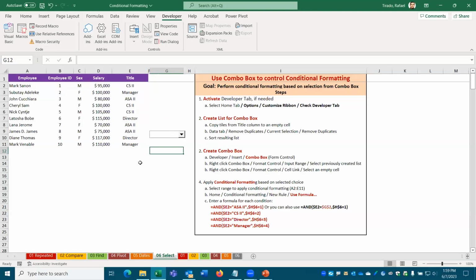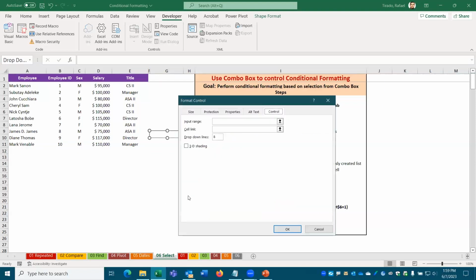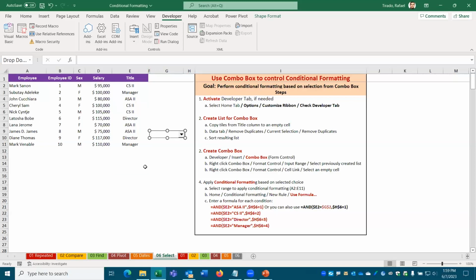You have to tell Excel which values you want in there. So what I'm going to do now is select the values for the combo box. You can right click, and once you right click, you have the format control option. Then on the input range, you can say, I want this range over here to fill the values of the combo box. Once you click OK and then click away from it, now you have all these values in the combo box. The only problem with this is,